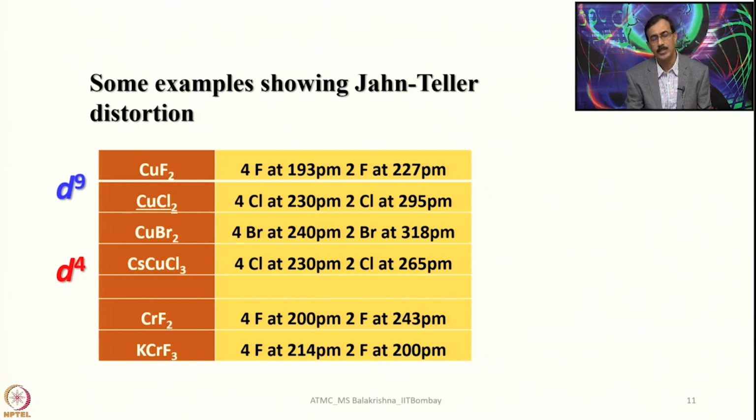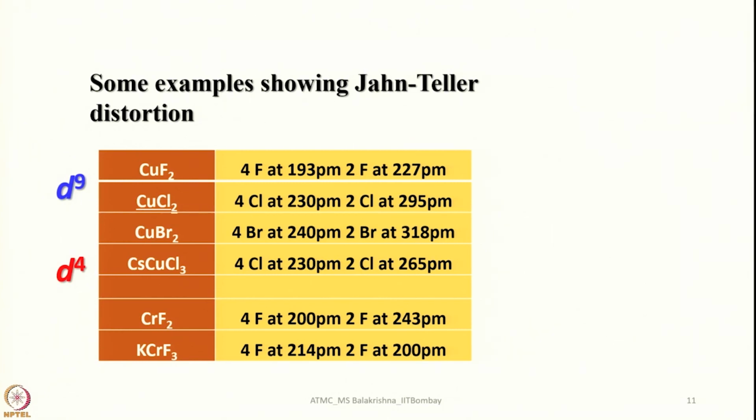Yes, there are examples where we come across tetragonal compression as well, but if tetragonal compression is there, it is very difficult to predict. Probably it is because of solid state effect. What is solid state effect? By assuming tetragonal compression, probably the packing will be very efficient and the ions can be densely packed, and as a result lattice energy increases and stability increases. Wherever the energy gained through lattice energy by having compression compensates the energy loss due to